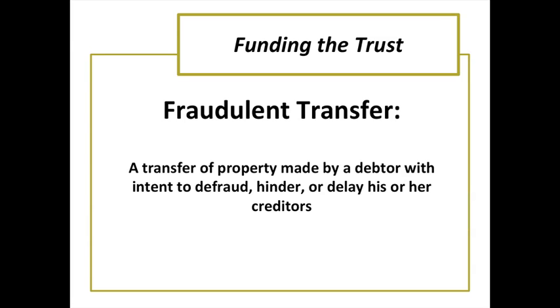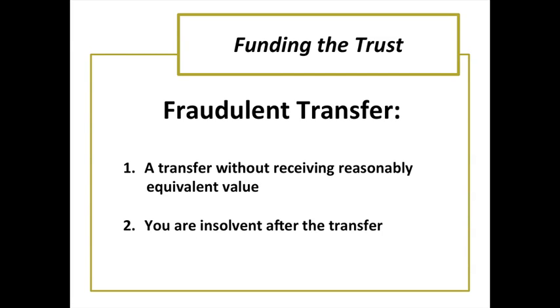And if you meet these badges of fraud, then the creditor can go to the court and say, Your Honor, the debtor moved these assets, they meet these badges of fraud, so let's pull back the assets and say it was a fraudulent transfer. And some of the most common, egregious badges of fraud here are, number one, a transfer